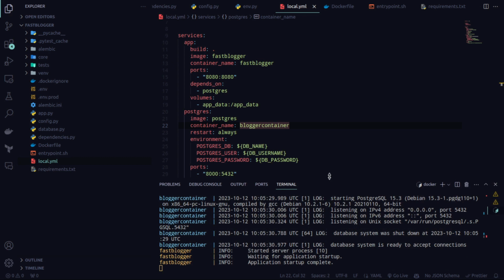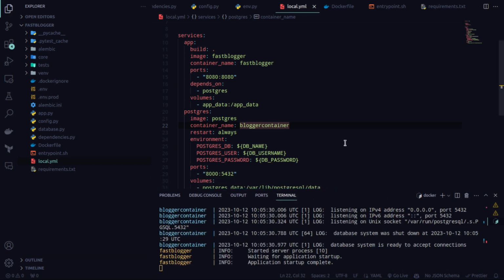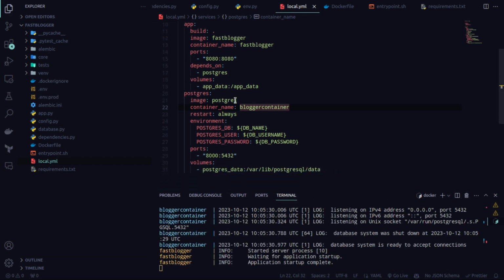Now, one way to fix this is this. First, I'm going to need to go to my Postgres. Here's my Postgres, here's the container name, and here's how it's running. The first thing I'll need to do is specify my ports. I'm not going to be using port 8000 anymore. I'm going to be using port 5432. Now, the port you use is up to you. You do not necessarily need to